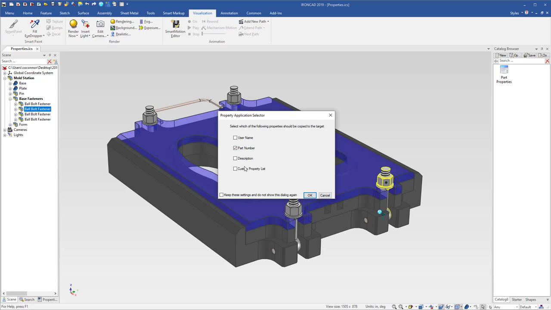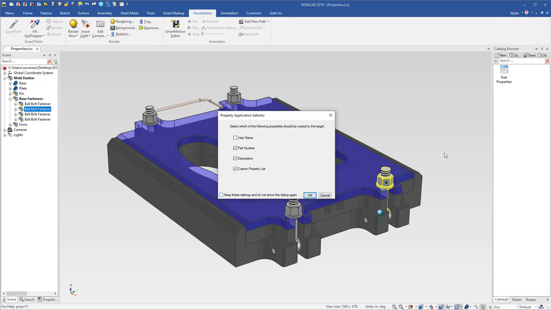If you want to create part properties for just part numbers or just descriptions or just custom properties, for example, maybe you have a supplier list that you want to add in here. You can add your own part property catalog items for various suppliers and information related to them, and only apply the custom properties for just those parts that need them. In this case, we'll go ahead and apply all these,